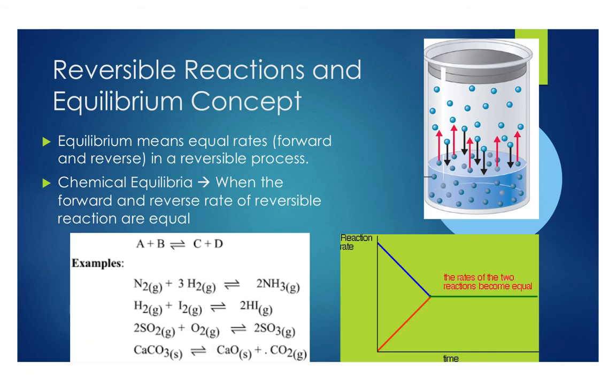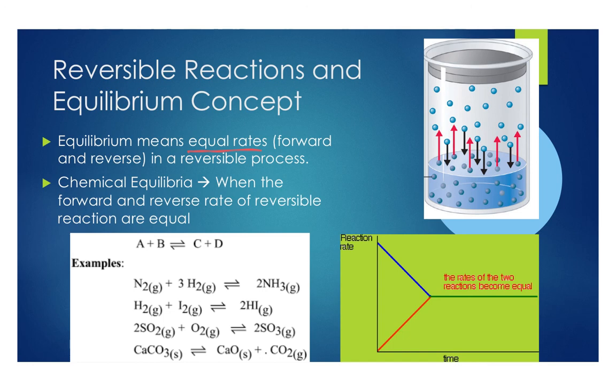So when we talk about reversible processes, we can often talk about a condition of equilibrium. Equilibrium simply means that when you have a reversible process, the forward process and the reverse process are happening at equal rates. In the case of our popsicle, if it was at equilibrium, it would be melting at the same rate that it's freezing, which would be kind of weird to think about, but it can happen right around the freezing point. So again, forward and reverse rates are the same in equilibrium.